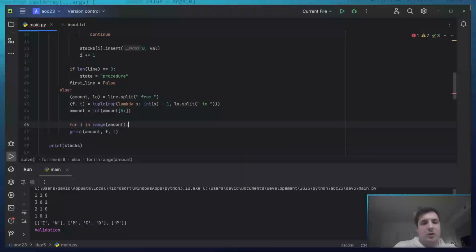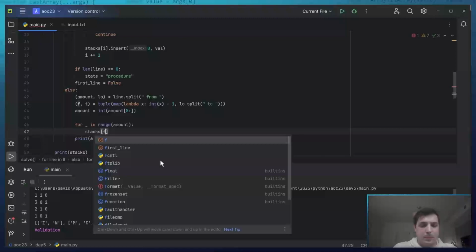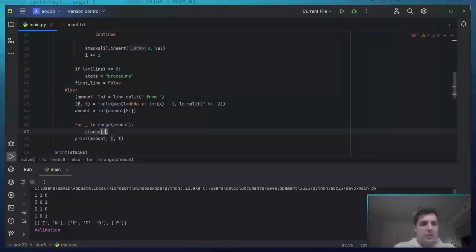And that is non-inclusive, if I remember right. So this should work perfectly. And so we do that each time. Honestly, I actually don't care what this is called. I really don't. And now I'm just going to say stacks from, and this is correct, move from to the